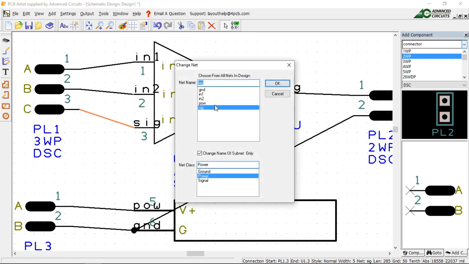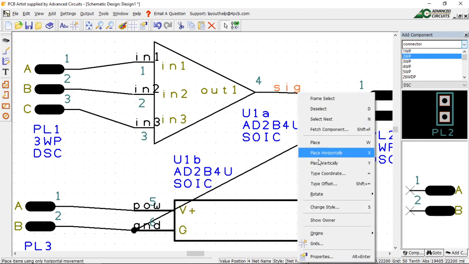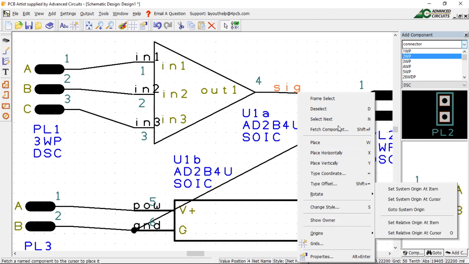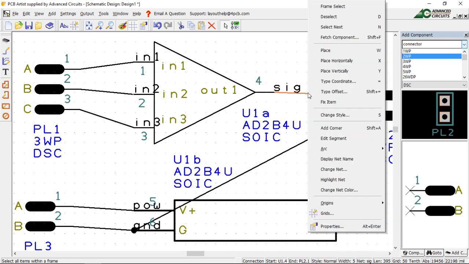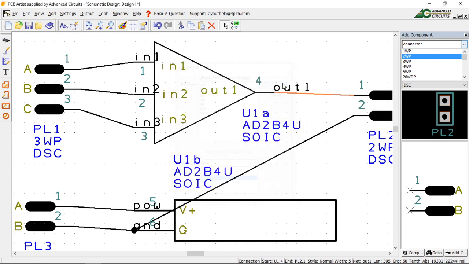and like I've told you guys many times before, it's always best to get all your nets and stuff ready on the schematic, so you don't have to do it later on. You don't get all kinds of weird stuff going on. So this is change net. We're going to call this OUT1, and this is a signal also,